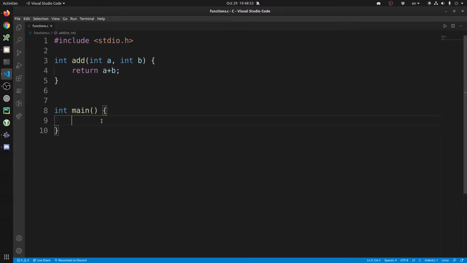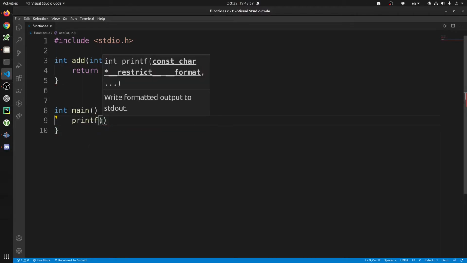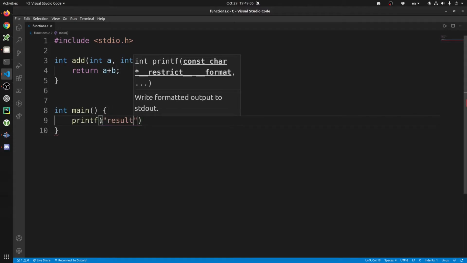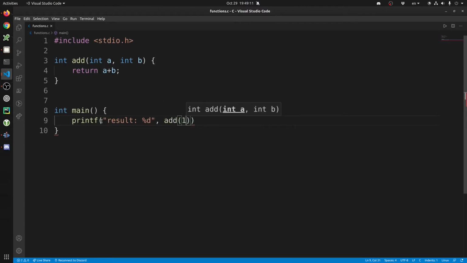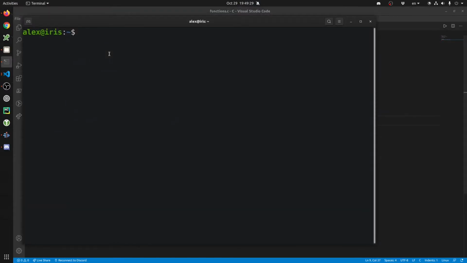And here we do printf, quotes, result, digit, and that's going to be add 1 2. Now we open up the terminal, navigate into the folder, compile the script, and